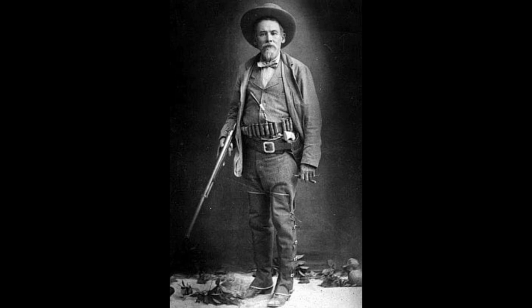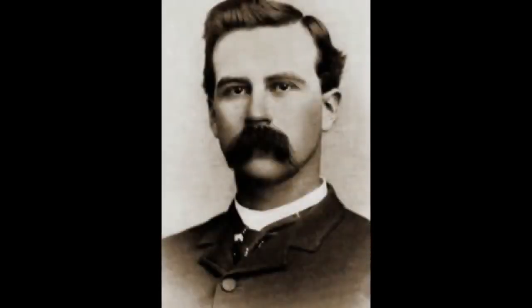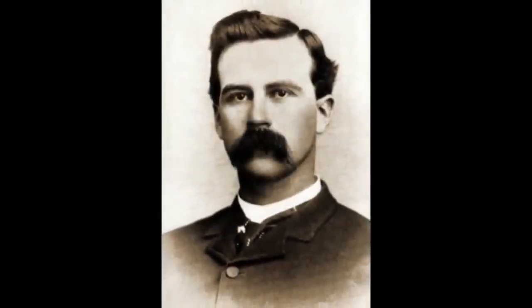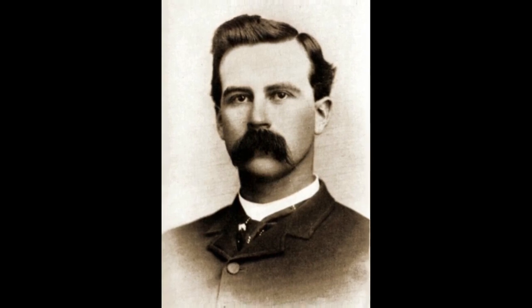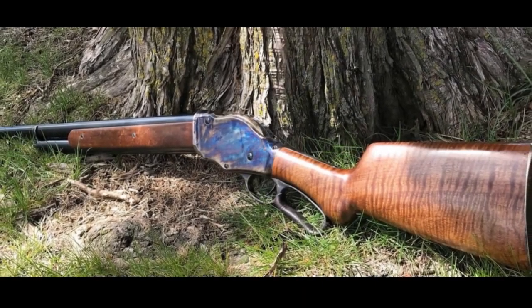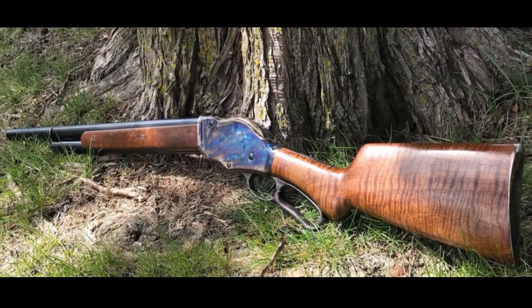Lawman Jeff Milton used his 10-gauge 1887 Winchester shotgun to kill the famous three-fingered Jack Dunlop during an attempted holdup of the Southern Pacific Railway in the Arizona Territory. The repeating shotgun was also known as an exceptional defensive firearm. It was heavily used by railroad messengers on the Denver to Rio Grande railroads during the time of the intense